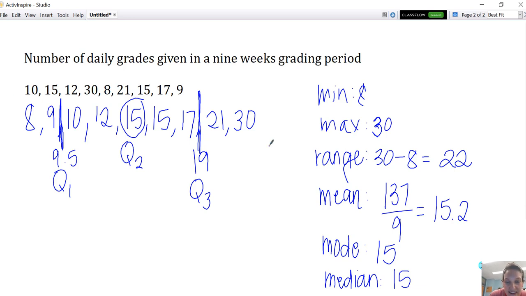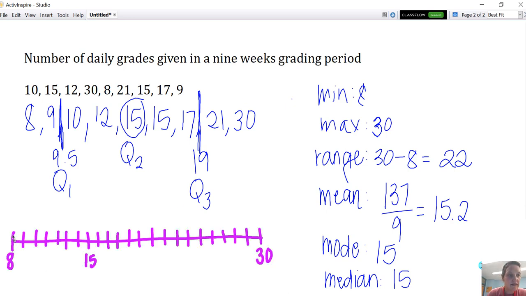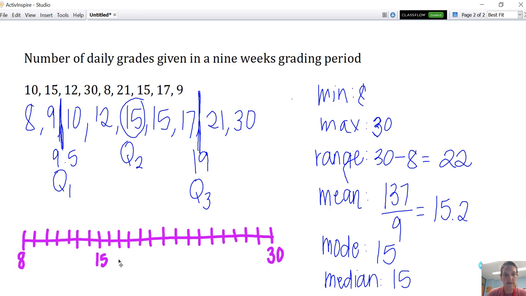Now we can take that data and we can make it visual on a box plot. So I'm going to have a number line, and I've put my minimum at the far left and my maximum at the far right, and then my units are consistent, so each tick mark is just worth 1 daily grade. So here's my median. So if you notice, it doesn't appear to be exactly halfway in the middle of the number line,